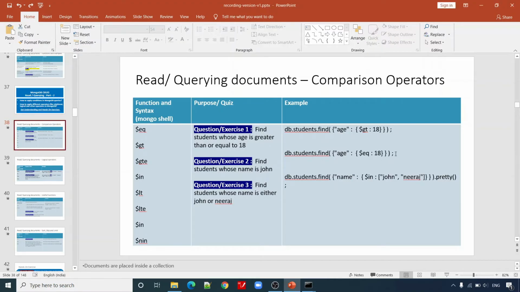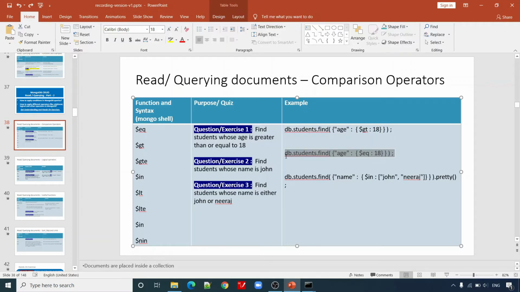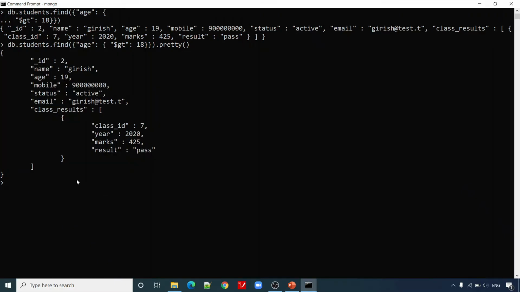Now let us find out the students whose age is exactly 18. db.students.find, JSON document start, age, again JSON document starts, $eq, and 18, first bracket close, second, and then finally the main bracket close.